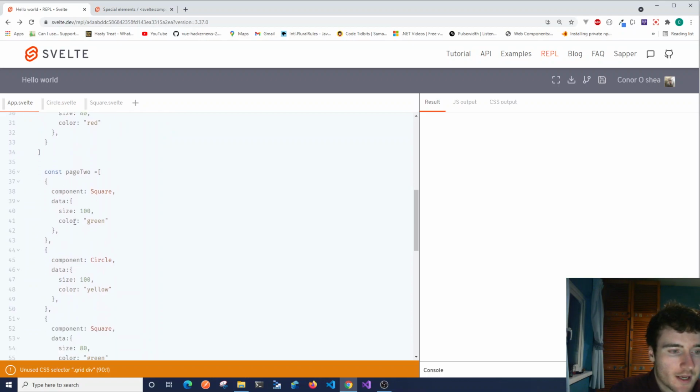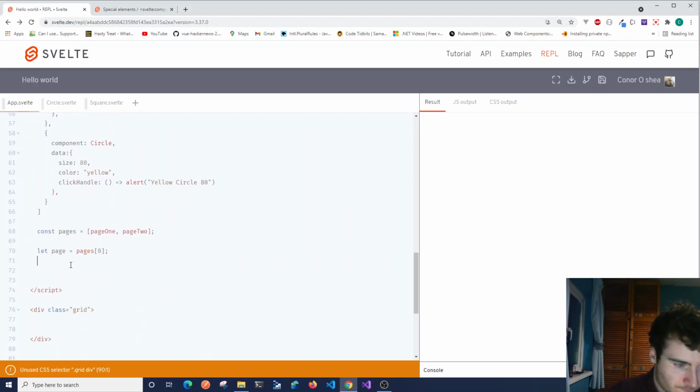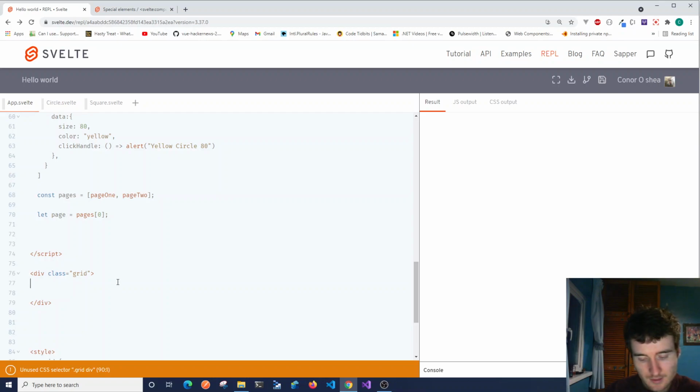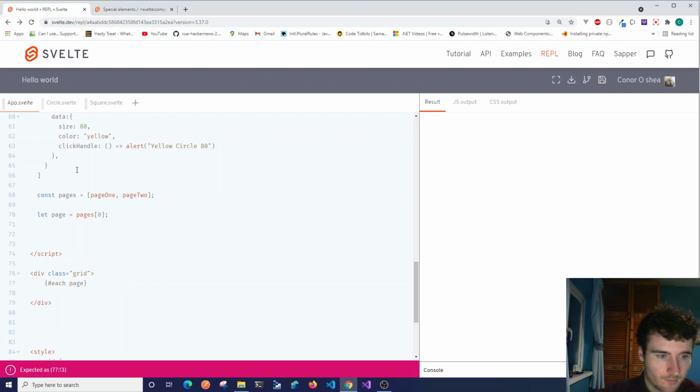We've got a second array here, which again has the same idea. It's an array of objects with a component, but it's just got some different data. For example, this one is green, yellow, and the sizes are a little bit different. Then we've got a final array down here, which is basically just storing those two arrays. And then we finally got the page, so I can just show you that they're rendering dynamically. So we're going to loop through the page, which is just going to be page 1 for now. So at this index,